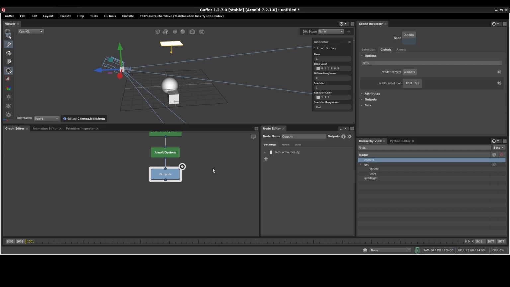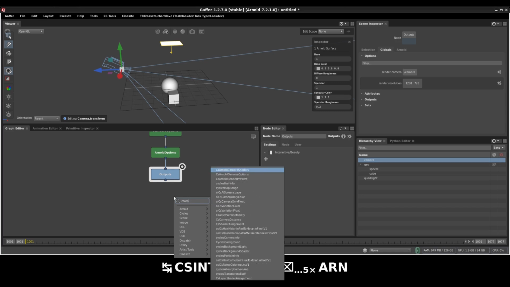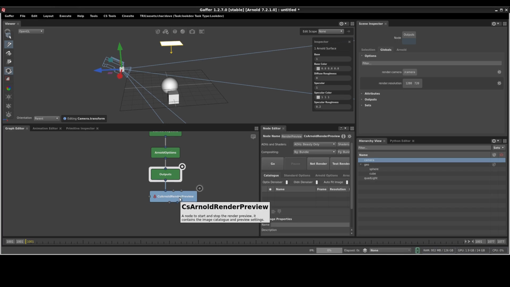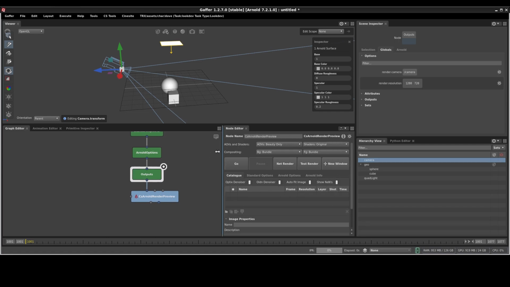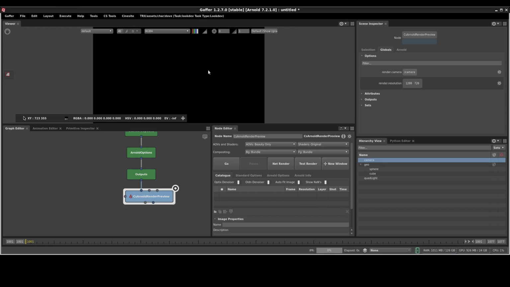And next we need an interactive node to view our renders. We can do that by creating a CS Arnold preview render. And this is a Cinesite specific node for creating renders in one go. The Gaffer default is slightly different, but this node comes with a couple of convenient features alongside it. So if I pin this node, you will see that my viewer is switching to a render view. And if I hit go,